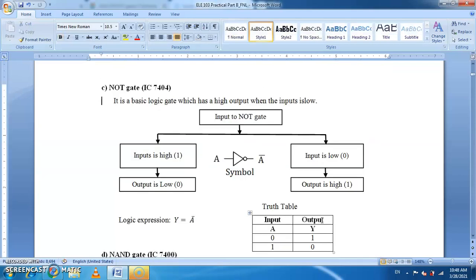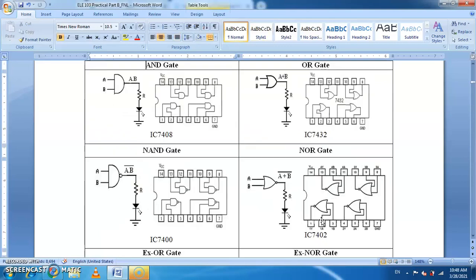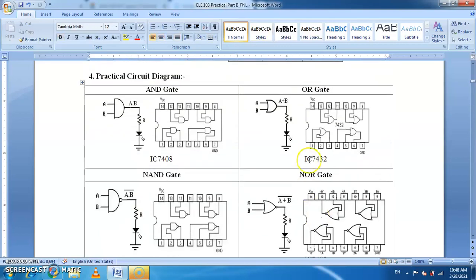So you consider the practical circuit for this. Yes, this is the practical circuit. Here we consider the IC 7408, which is the quad 2-input AND gate. It has 4 AND gates: 1, 2, 3, and 4. All the AND gates are 2-input, and there is only one output each. This is the first AND gate. It has pins 1 and 2 as inputs, and 3 is the output. For the second, 4 and 5 are the inputs, and 6 is the output, and so on.